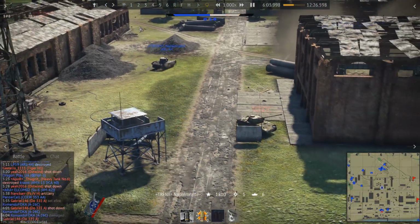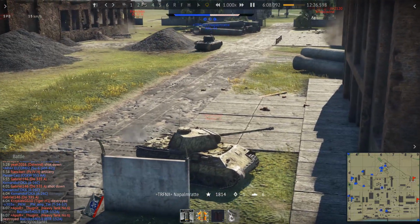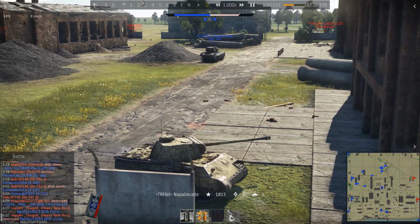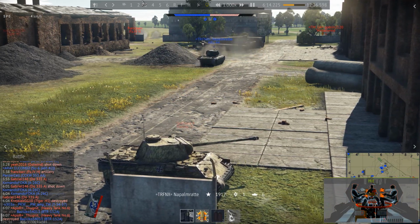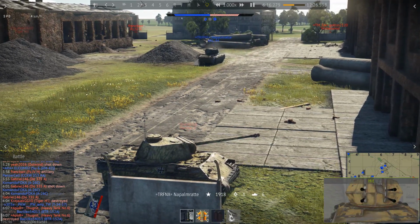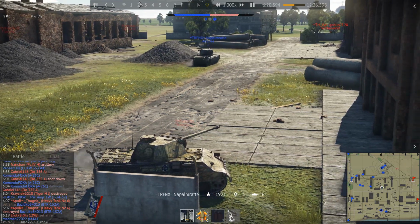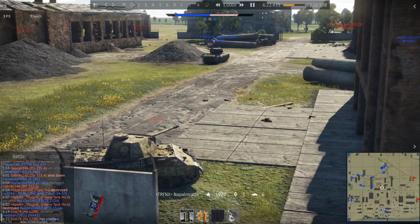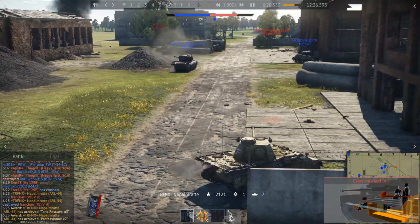And then there is this hilarious scene of a Panther driver that I have no idea what he did, and I just noticed it when I saw it in the replay. It's a hilarious scene. You can see the Panther struggles with turning the tank, with turning the turret. Disastrously bad turret rotation speed. I just one-shot a Panzer